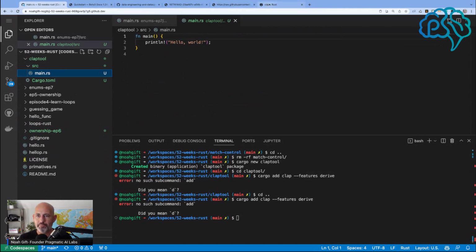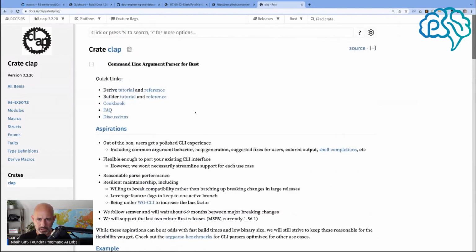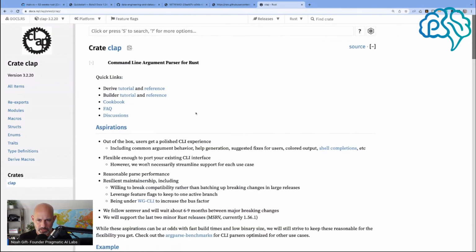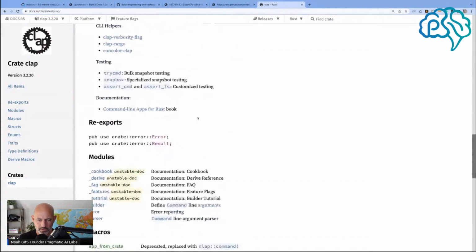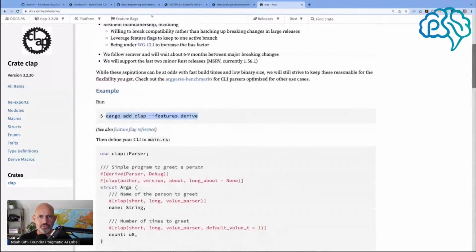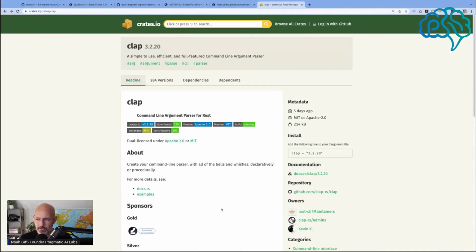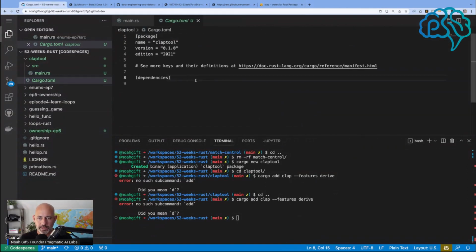And if I go back to this, I thought all I had to do is just add this to the cargo file like that, and I say cd into clap tool, and I say cargo build. This should, in theory,